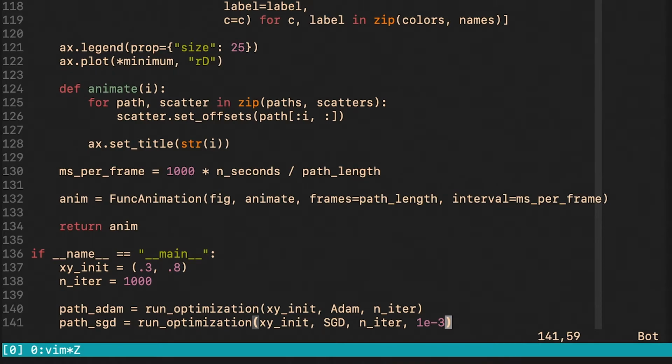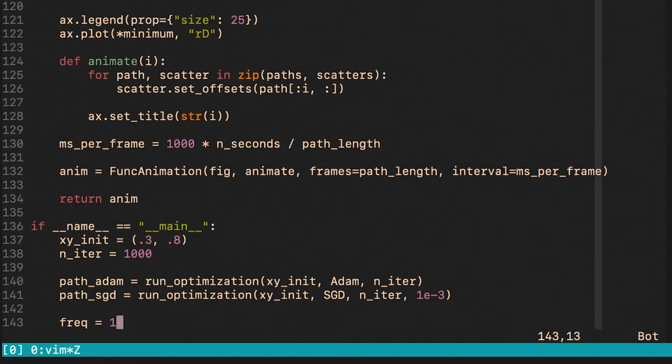We run two different optimizations. The first is going to be using the Adam optimizer, and the second one is going to be using a vanilla SGD, stochastic gradient descent. Here I define the frequency for the final animation, and the idea is that we don't necessarily want to have 1000 frames, and instead we want to take every 10th frame.